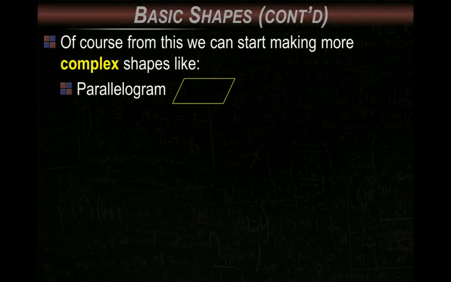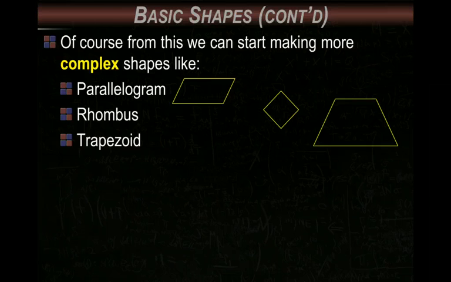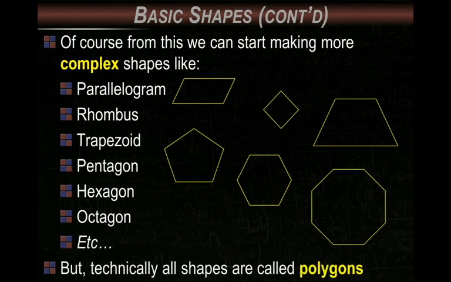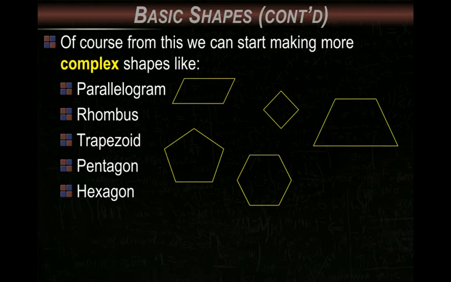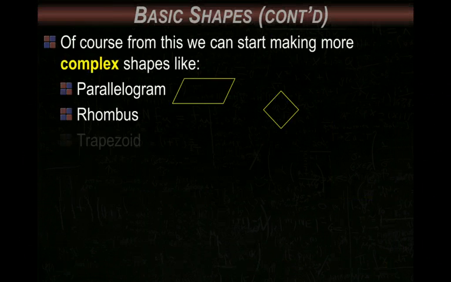From this, we can make more complicated shapes, like this one, the parallelogram, or this one, the rhombus, or the trapezoid, or the pentagon, or the hexagon, etc. We can keep building more and more complex shapes. In this case, we're adding sides, we're adding vertices, we're changing up the angles, even the octagon. Okay? Now, technically, all the shapes you see here, including, if I go back, the rectangle and the triangle,